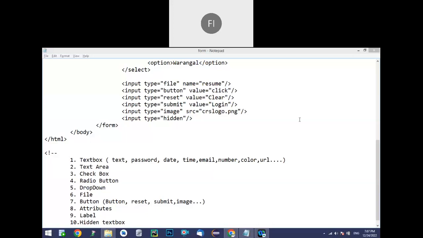Simply, if you want to carry some data along with your form but you don't want to show it to the end user, in such cases we can use the hidden field, so the end user cannot see it externally, but internally this kind of data will go along with the form to the server. For example, the browser they are using, or the location or latitude and longitude of the customer. If I want to track the customer, then such kinds of details we